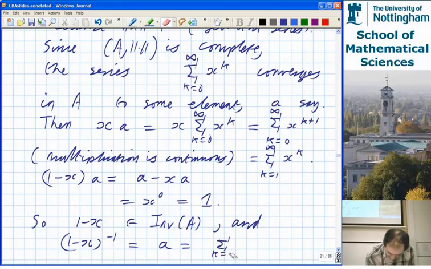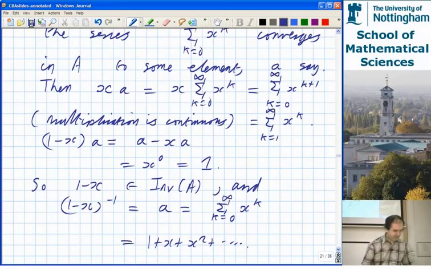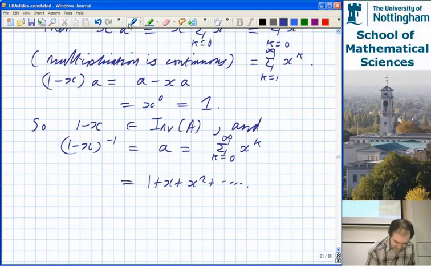Oops. Sorry, sum from k equals 0 to infinity of x to the k, which is 1 plus x plus x squared, and so on. Oh, and the last part is just rearranging that so that the rest is, then